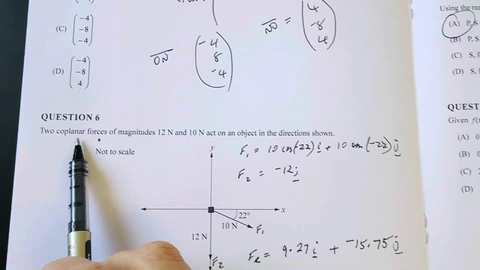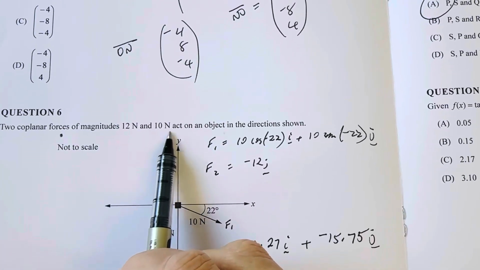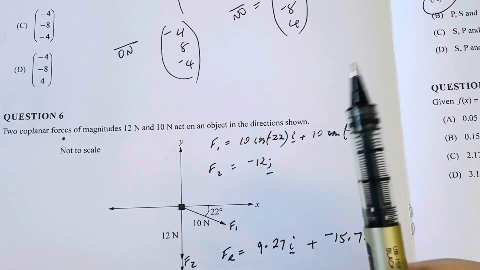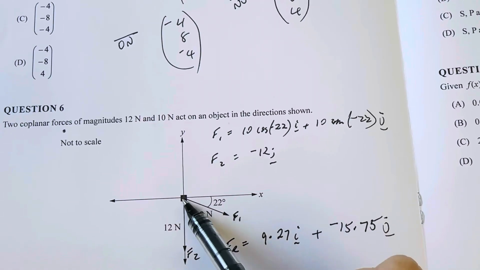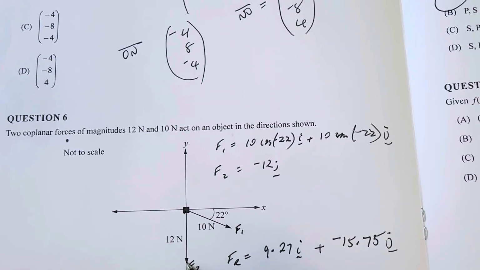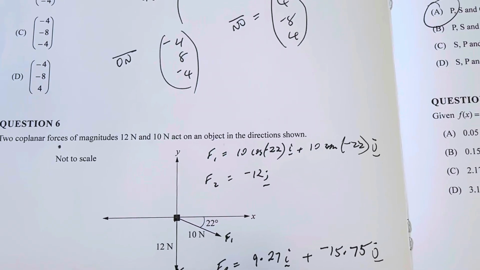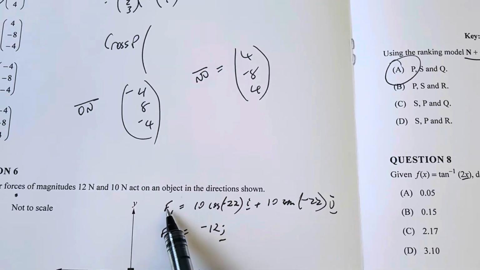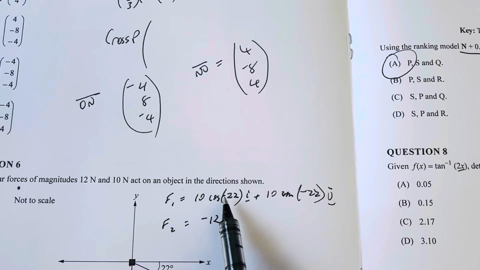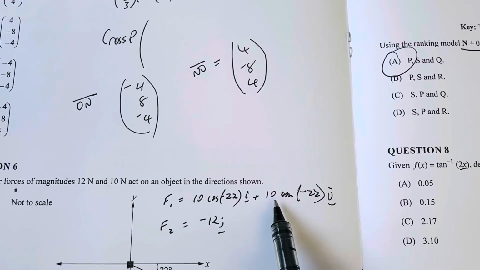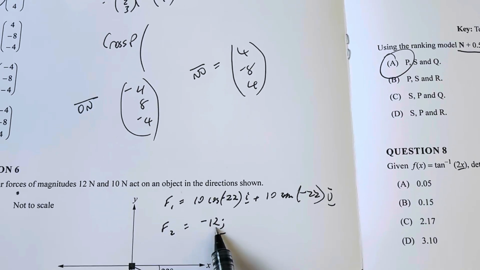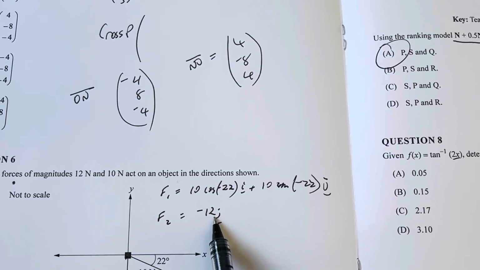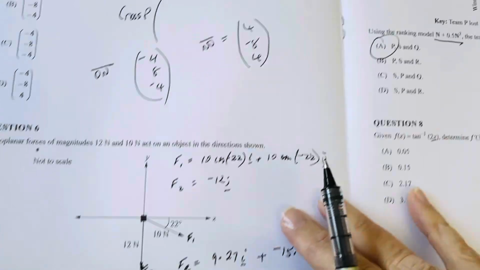We're looking at two coplanar forces, magnitude 12 and 10, acting on an object, direction shown. So the 10 is acting at an angle, and the 12 is acting directly down. Putting them in i and j mode, force 1 is going to be 10 cos negative 22 i plus 10 sine negative 22 j, and force 2 would just be negative 12 j. If we add them together,